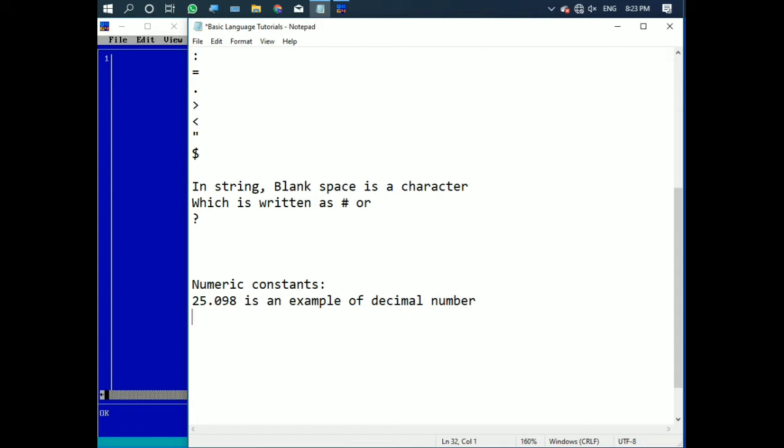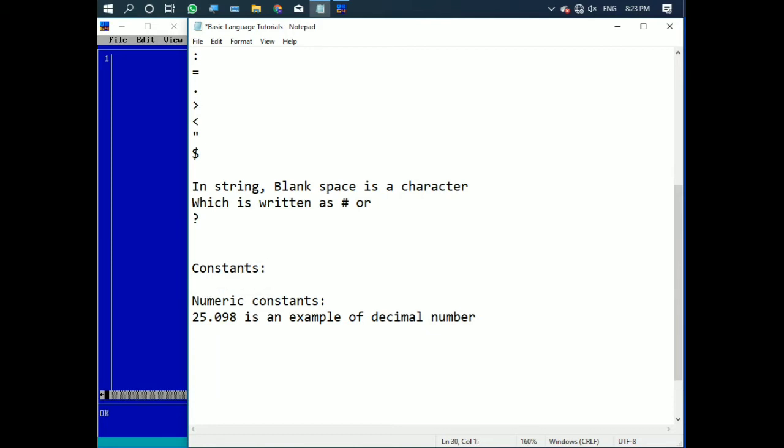So numeric constants are these, and there are also the normal constants, which are anything, like if I say 5 or A or Z or C. These are all the constants that we write in the basic language, and numeric constants are like 25.098, an example of a decimal number.